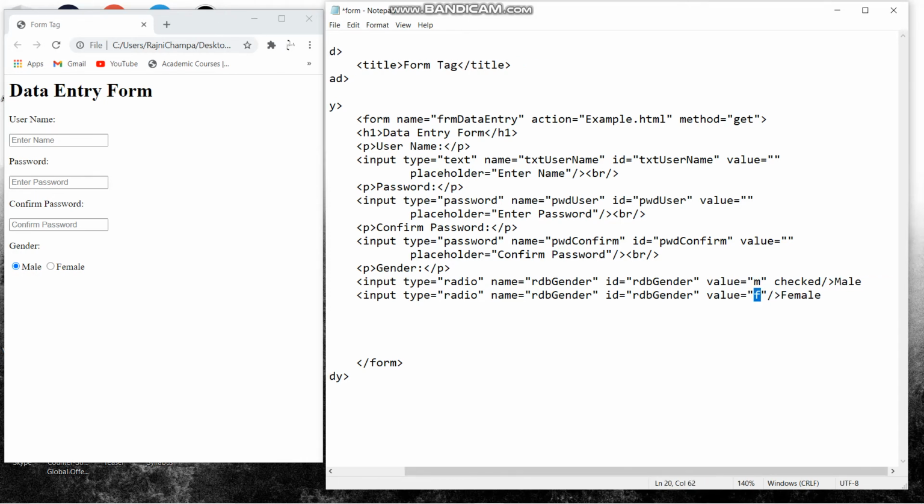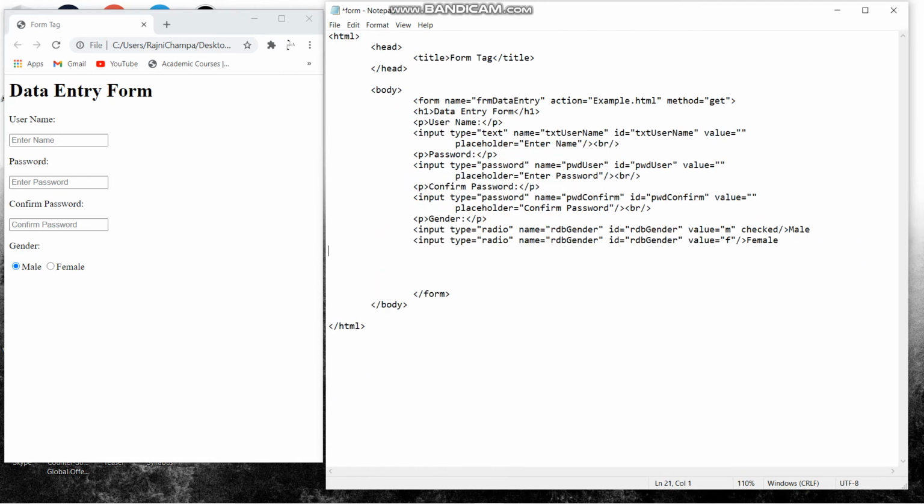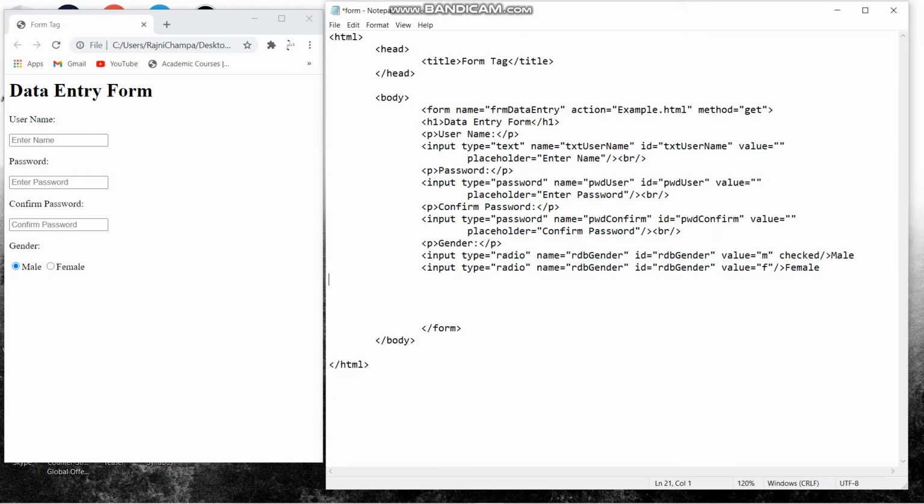I will save it and refresh it. Then you can see that similar thing is appearing. For male rdb gender, the value is M, and for female rdb gender, the value is F.